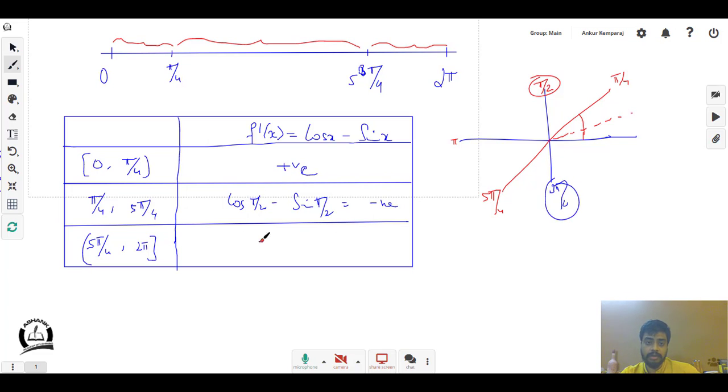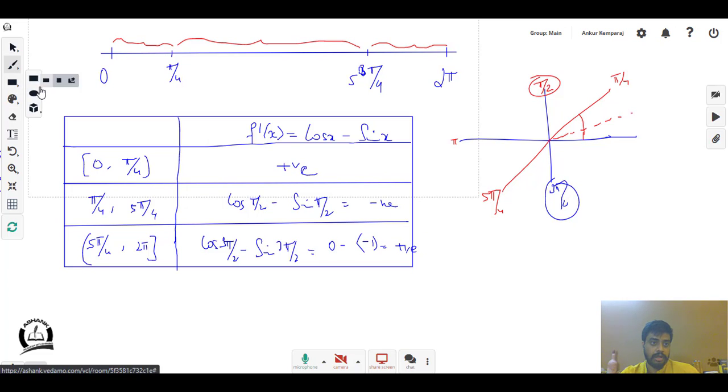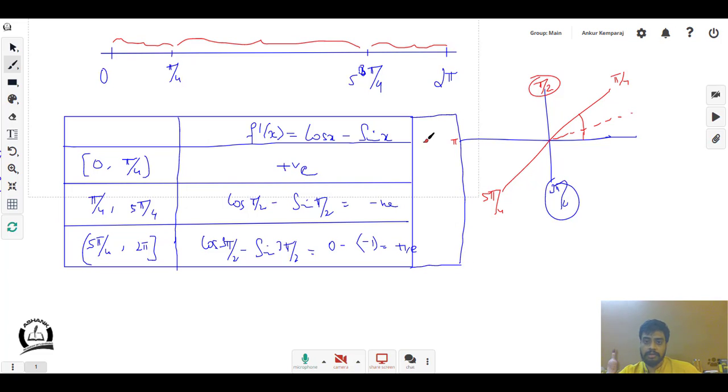If you do take 3 pi by 2, you will get cos of 3 pi by 2, no surprises, it's still 0 minus sin of 3 pi by 2, which is going to be 0 minus of minus 1, which is positive. Because it is positive,